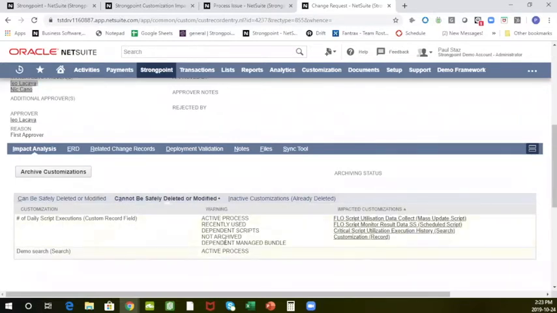And it gives you an explanation of why. So this number of daily script executions looks like it's got technical risk against it, right? There are dependent scripts and there's a dependent managed bundle that you need to be aware of here. It's also being recently used, there's active processes and the data hasn't been archived, right? So there's a variety of reasons why a change to this could be risky and we list that out